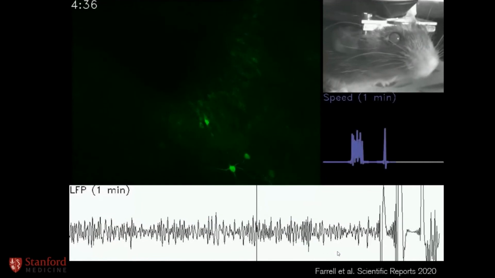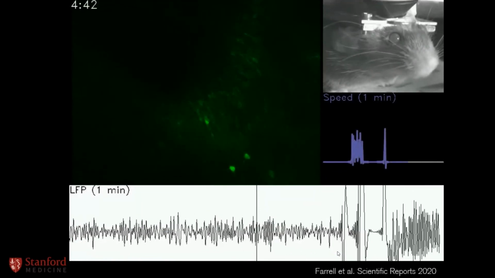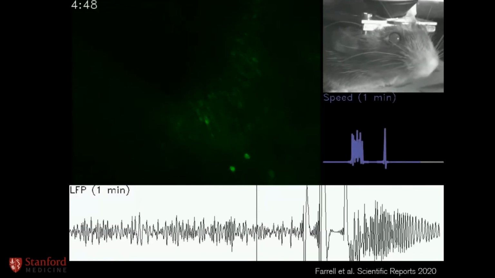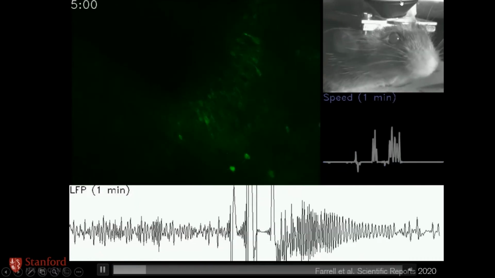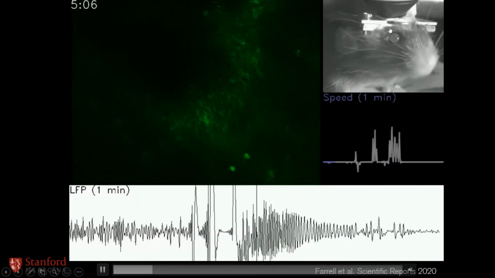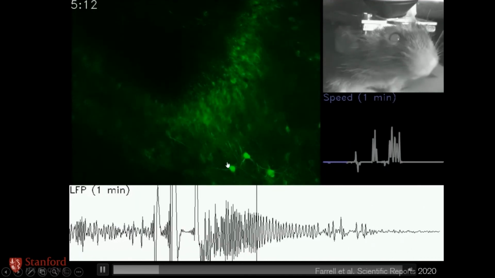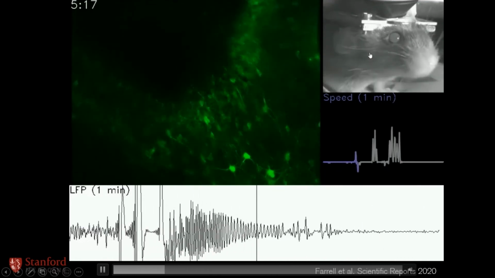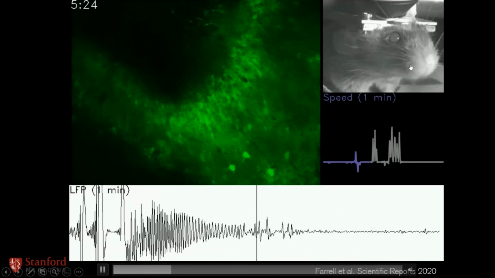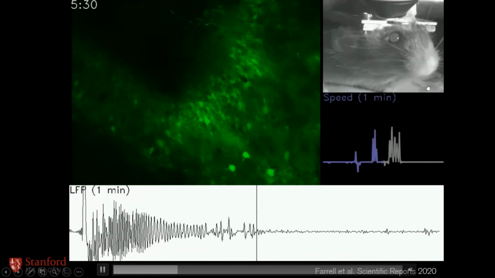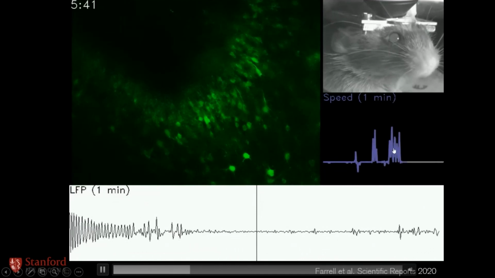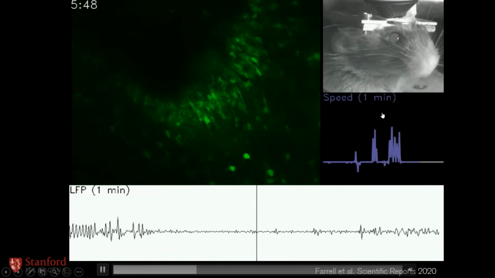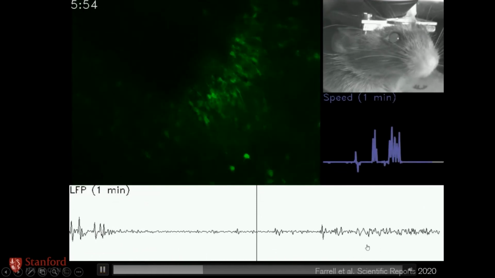So I'm going to put together a bunch of these concepts in an experiment by one of my collaborators, Jordan Farrell. Here he has the animal head mounted. He's doing confocal imaging of the animal's brain, and this is an epileptic animal. Here you can see him actually having a seizure. He's got these mouth twitches and whisker twitches. And he's also recording the speed at which the animal runs on this ball while doing a local field potential.